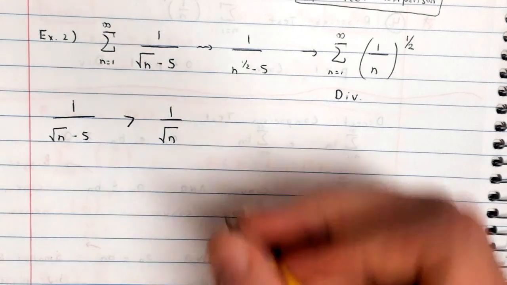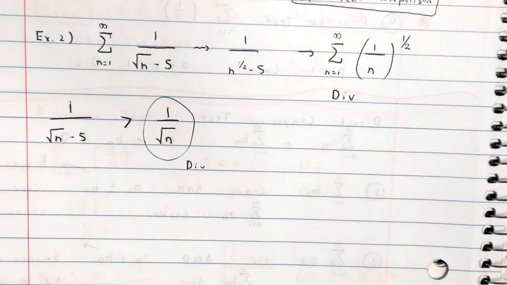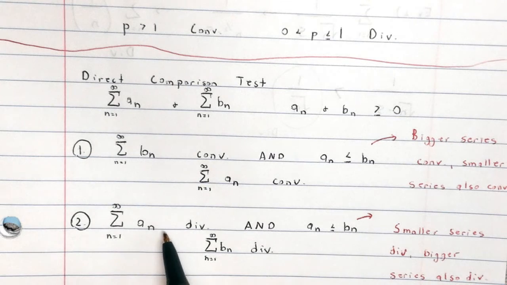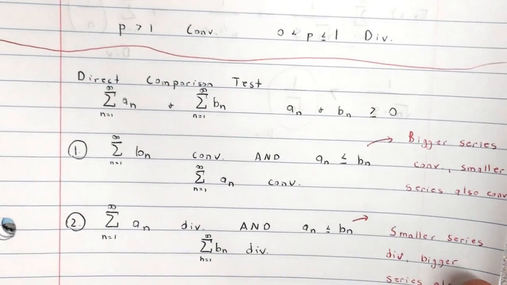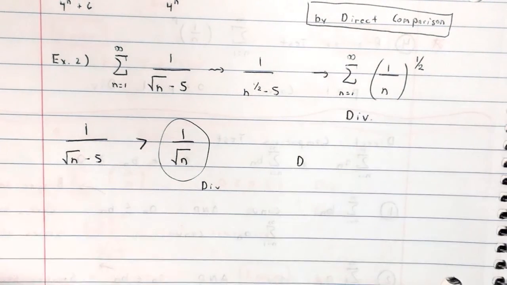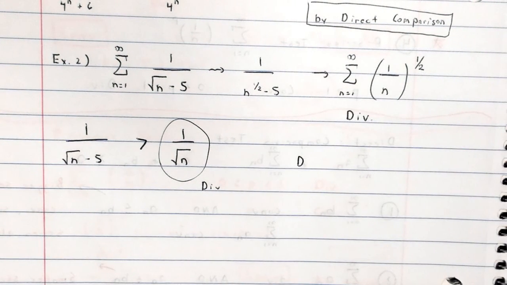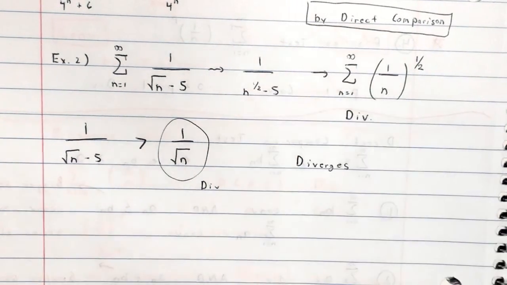Alright, I have a smaller something that diverges. Does that fit one of the conditions that we put on the front? Yeah, the condition was saying if I have a smaller something that diverges, that means the bigger series also has to diverge. My known right now diverges. The thing that's bigger than it, my unknown, also has to diverge. The denominator is smaller. When I divide by a smaller denominator, the fraction gets bigger. This diverges